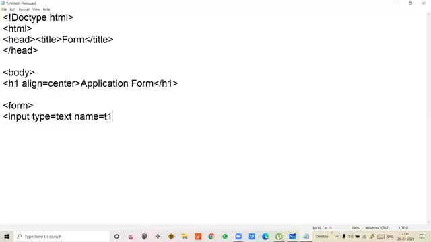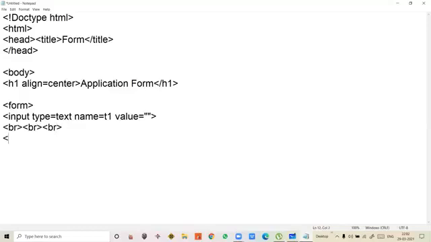So here I am giving suppose T1, and value here is what, students? Either you can keep it blank, nothing you can write, or else you can give any labeling. Okay, but I'll just show you the difference in this. Now we are keeping it blank. And next is what, students? I'm using a break because I want to have the line break. I'm using 3 line breaks.